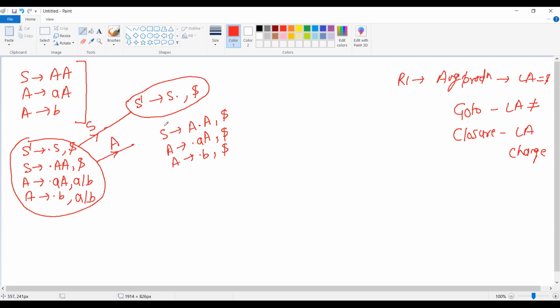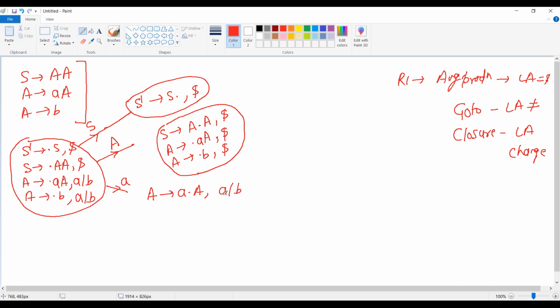Whatever is remaining after the non-terminal for which you are applying the closure operation, you will apply the first of that remaining part, right? So capital A हो गया. Now on seeing a small a, your production will become like this.